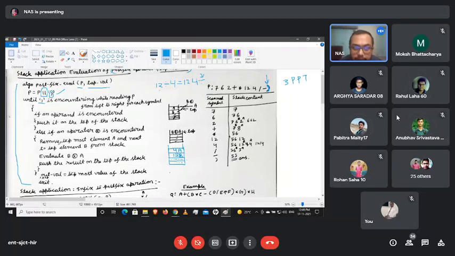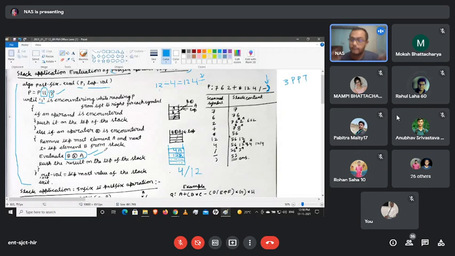So see this line: remove the topmost element A and the next topmost element B from the stack and evaluate C, the position has been changed, B operator A. Why B operator A? Because if we just pop them out and put them back, we get 4 divided by 12 when we do not switch the position of B and A. This was not our equation. Our equation was 12 divided by 4. That's why it gets switched, B operator A. I am writing this to explain it. Clear about why B operator A is occurring?